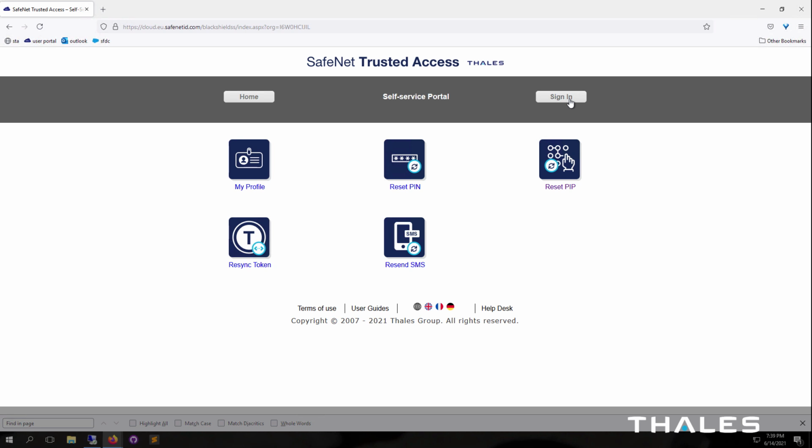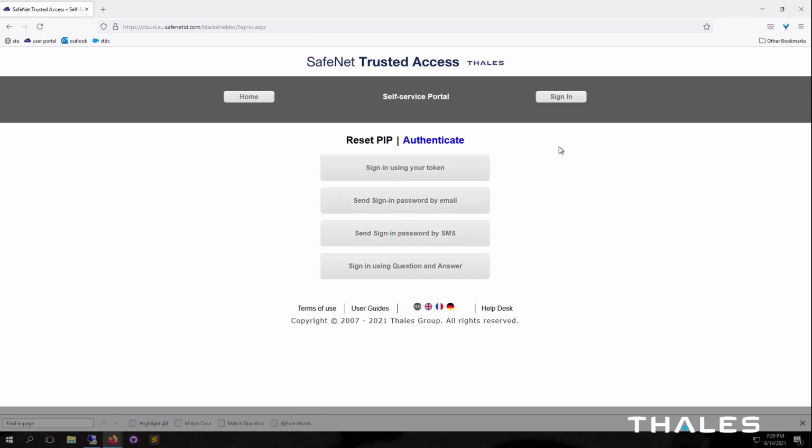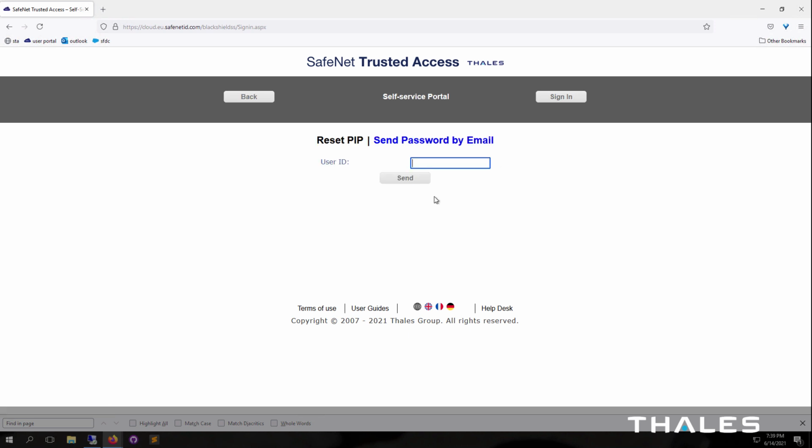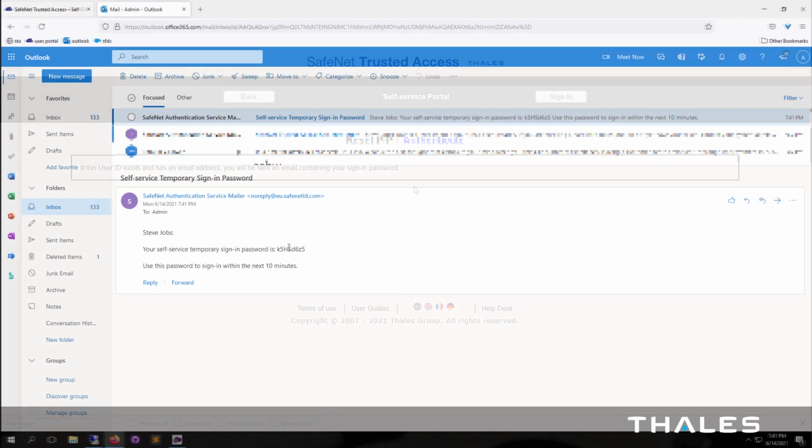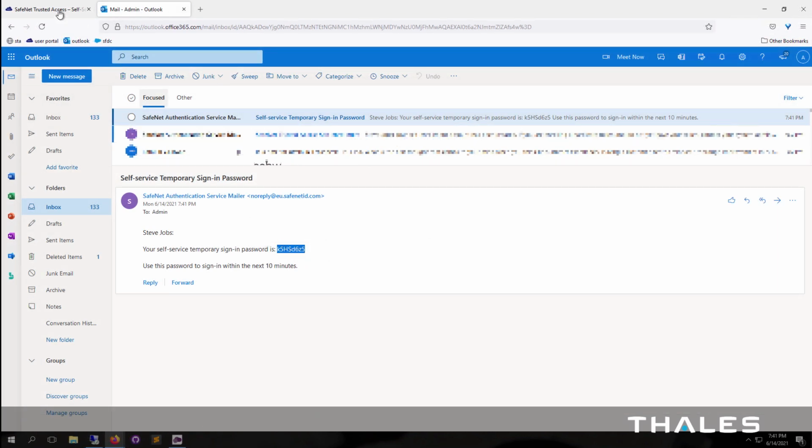We're next going to show you the example of the user resetting his pattern without having knowledge of the pattern itself, and assuming the organization has allowed the reset via email with a temporary code, they can use that flow. Given that this is a test account, all the different authentication methods are turned on, but they could be turned off on a need basis. In order to generate a temporary password via email, the user clicks the option and enters his username. Assuming the user ID exists, he will receive an email per the email on file. He can now retrieve the temporary sign-in password and use this to reset the pattern.